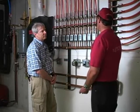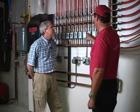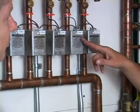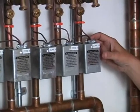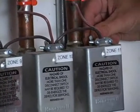The best way to do it is, if they're listed and we know which one of those zones the thermostat is referencing, to turn that thermostat on. And what's going to happen then is the zone's going to open up, which means right now I have resistance, which means this zone is closed. As soon as that we...